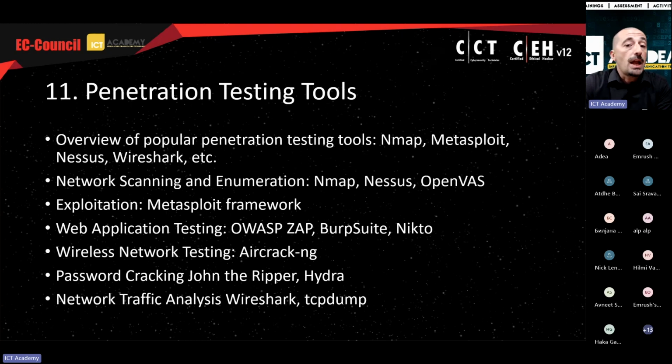For network scanning and enumeration, we can utilize Nmap, Nessus, OpenVAS. For exploitation, we mentioned a very important one, the Metasploit framework. And for web applications, OWASP ZAP, Burp Suite, Nikto, and for anyone who is more focused on writing commands and scripts,